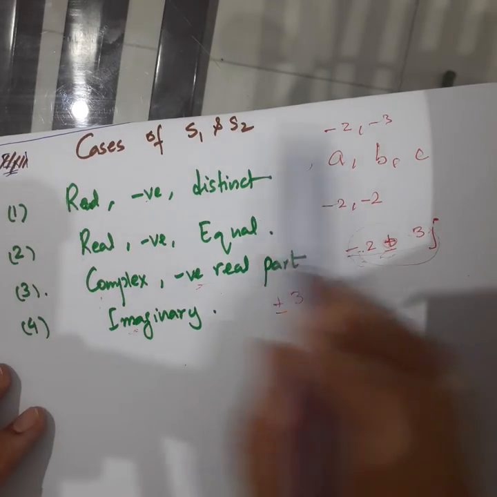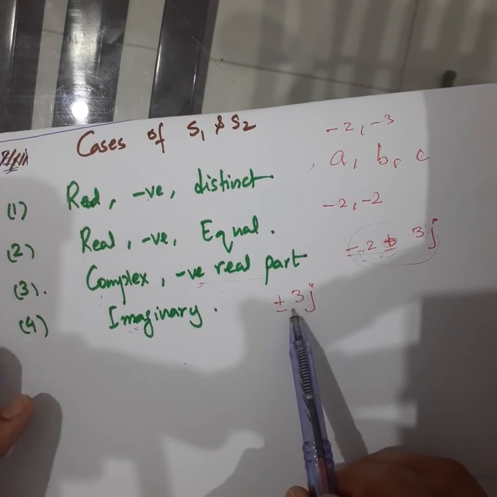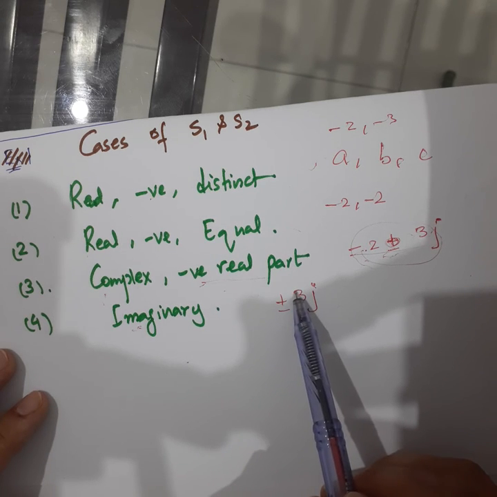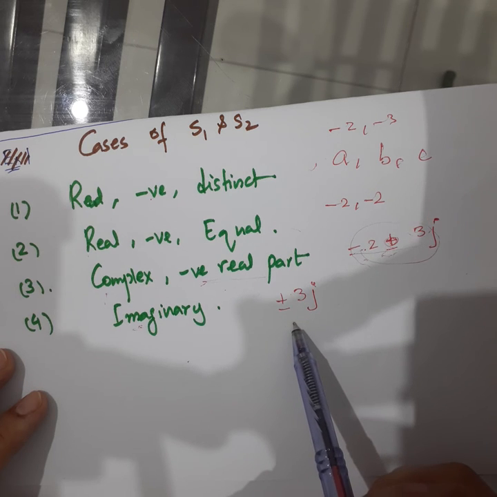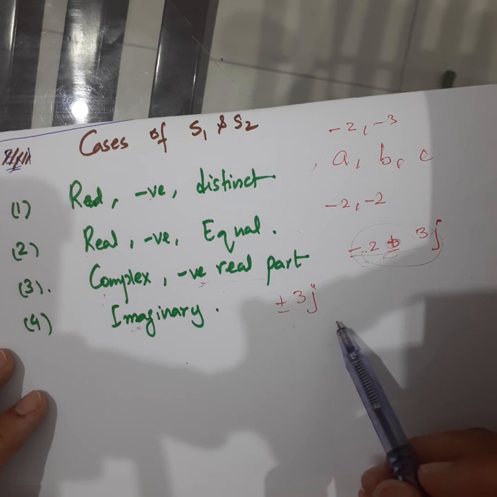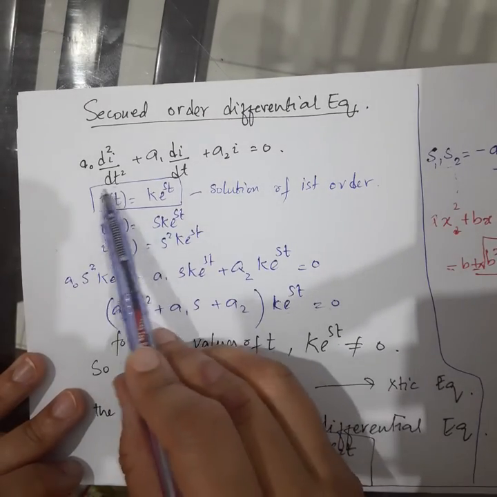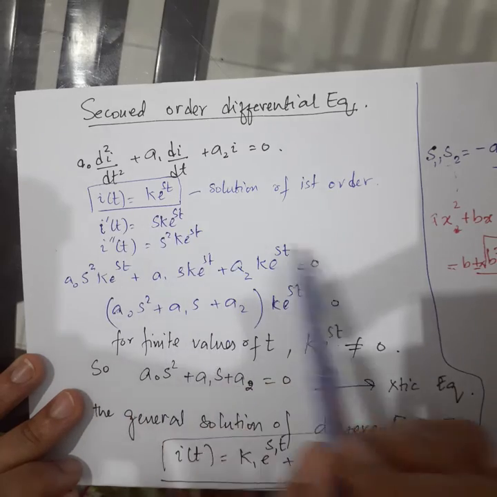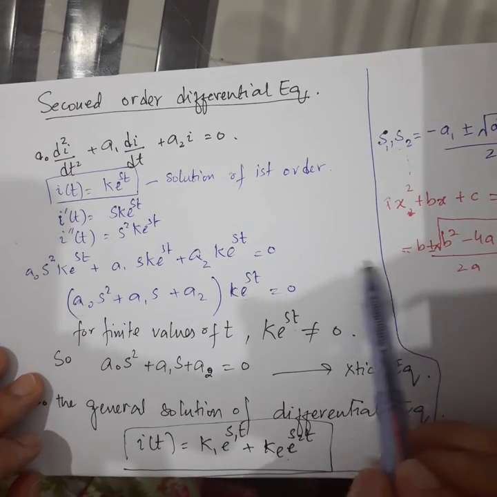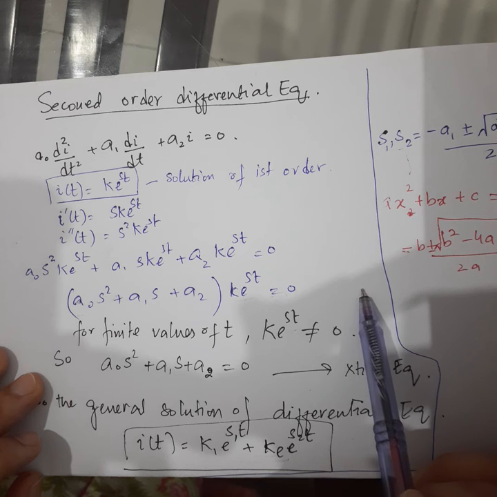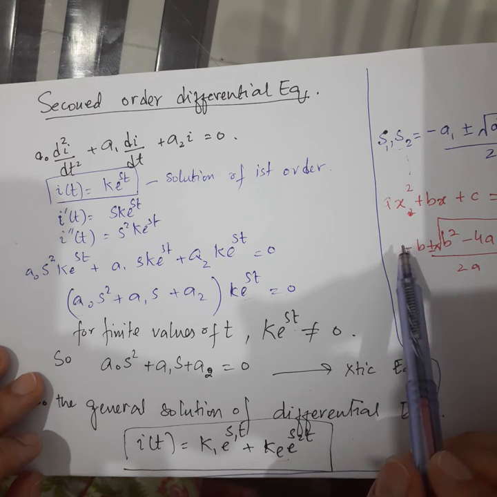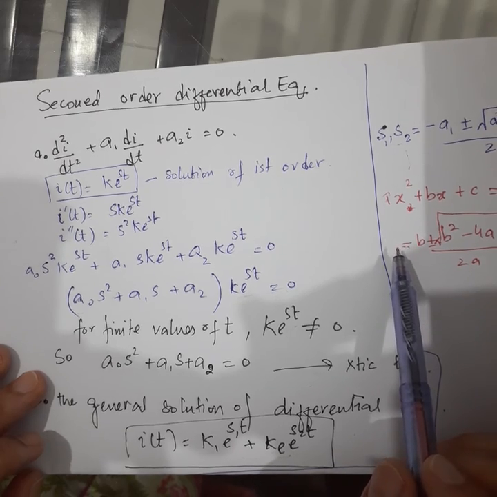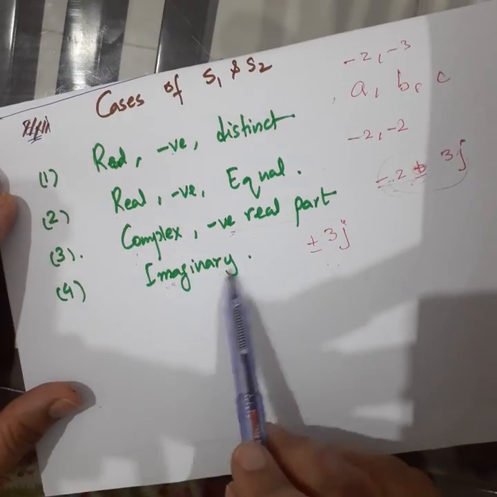So from now on, we will solve these second order differential equations or second order circuits, where second order circuits are basically those circuits in which we have L and C along with a resistor. The solution of these circuits generally gives us this type of equation. So we will get two different types of roots, and according to this we have separate solutions. In the next lecture we will discuss some second order circuits, and we will solve them accordingly on the basis of these four cases we have discussed.